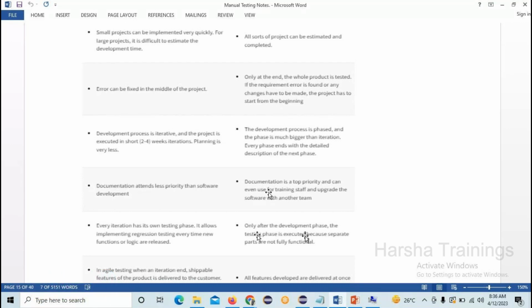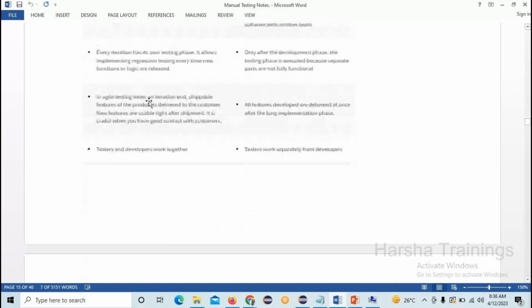And in Agile testing, when an iteration ends, shippable features of the product are delivered to the customer. Okay, don't worry, not only when an iteration ends, when a sprint ends also, shippable features of the product are delivered to the customer. New features are usable right after shipment. It is usable when you have good contact with the customer. But ఇక్కడ అన్ని ఫీచర్స్ కంప్లీట్ అవుతాయి కానీ you can't deploy it to the